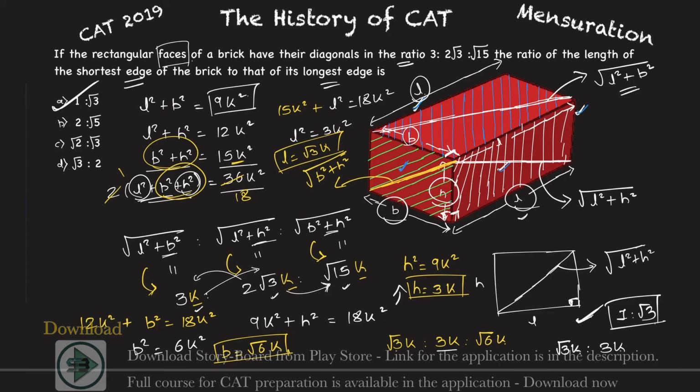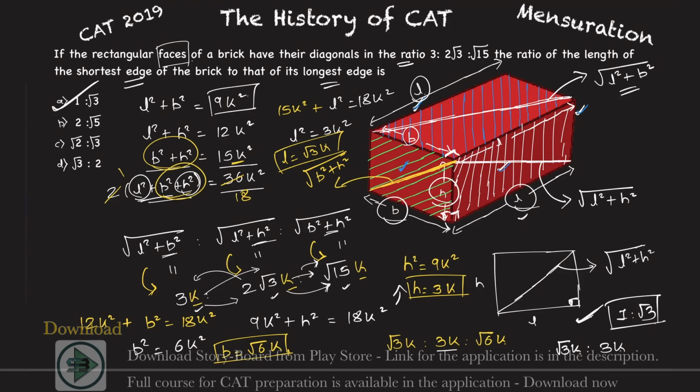Because eventually I am finding out one side which is the longest and one side which is the shortest. So you take any of these, put it here or here, and it won't make any difference. Whether that is length, height or breadth, I don't care for that. I just want to know the length of the longest side. I am really not concerned about that. You write anything anywhere and you will reach the right answer.